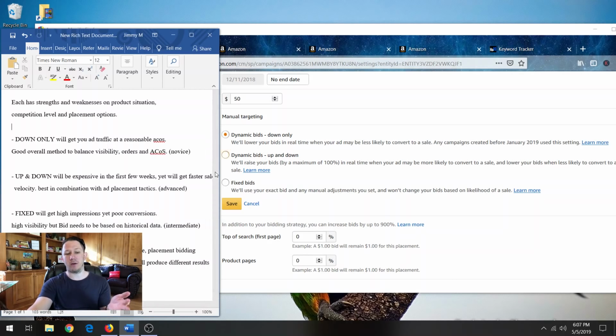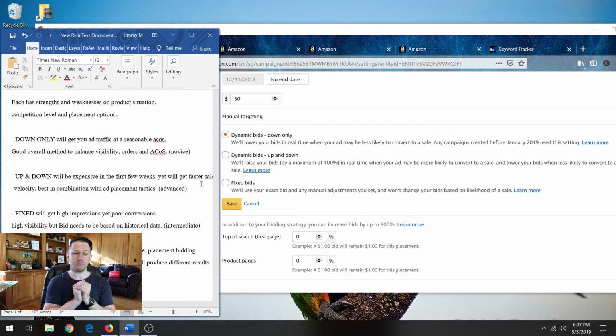And then up and down is used for either two ways. For products that have, let's just say 100 reviews, they're very established products, and/or you are an established PPC person, you know what you're doing. Or the other time you would want to use it is if you're trying to use PPC to rank pretty